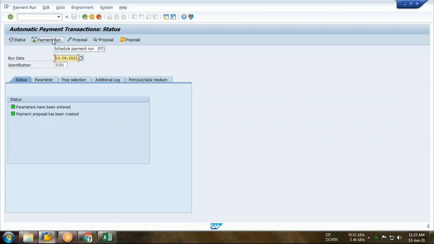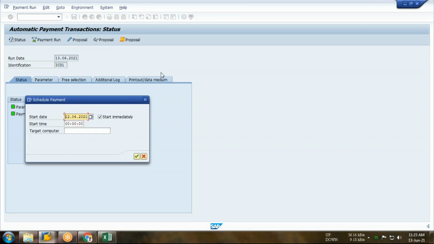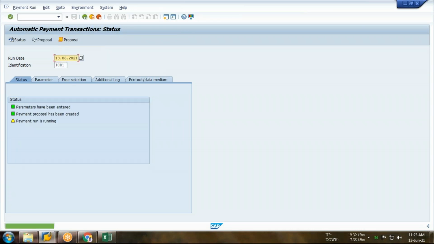Now after proposal, click on the payment run. In payment run also you have to click enter. It is yellow, and again you have to press enter, and now you are getting one generated, one completed. So आप लोग को तब तक enter press करना है जब तक ये green ना हो जाए. You have to press enter until it becomes green. Here you can see one generated, one completed.